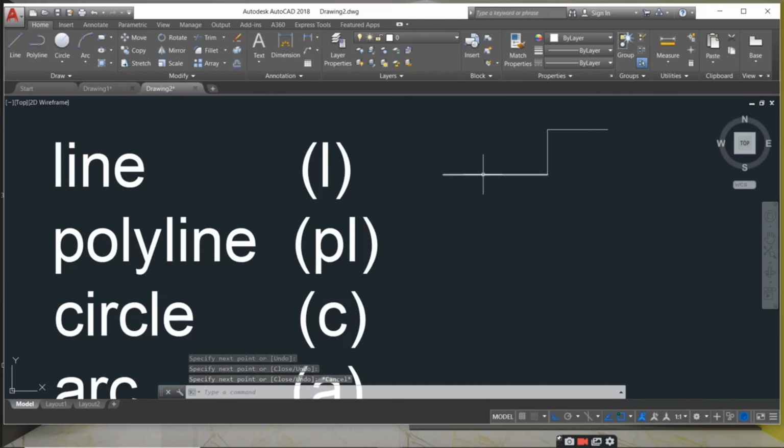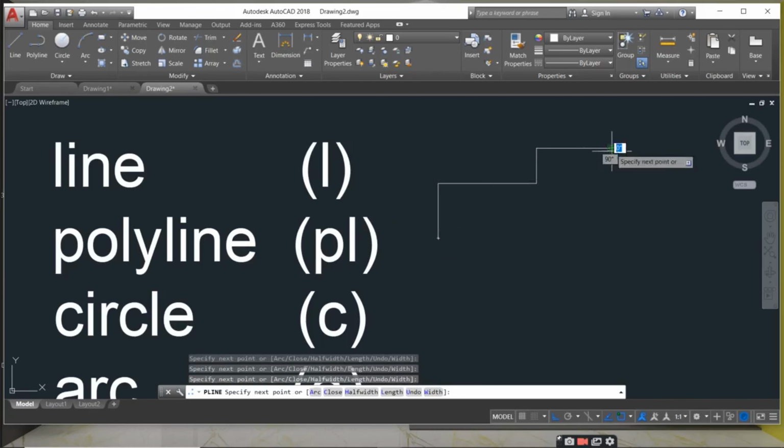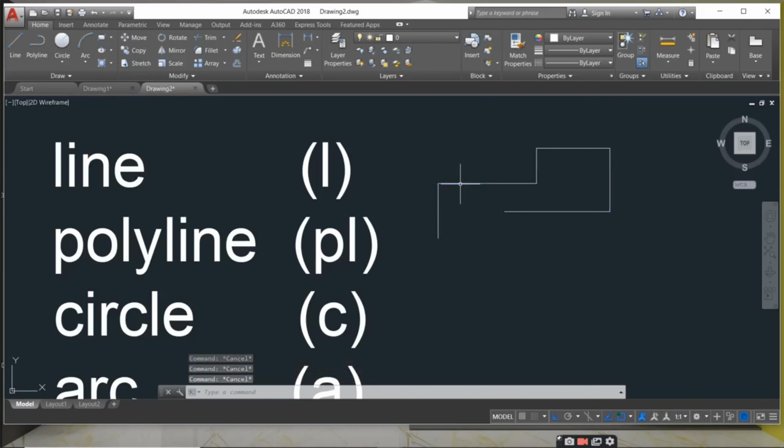Now I want to select this entire image, but see, it was selecting individually. Select this, delete. Now go for PL, enter. It's asking to specify first point, then next point, draw like this. Now press escape and select, it will select as a single object. That is the difference between line and polyline.